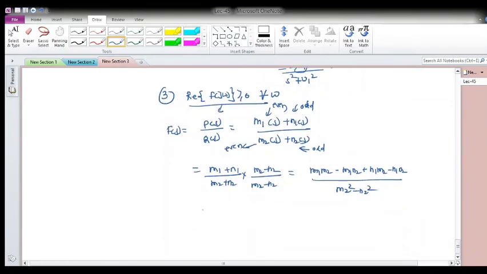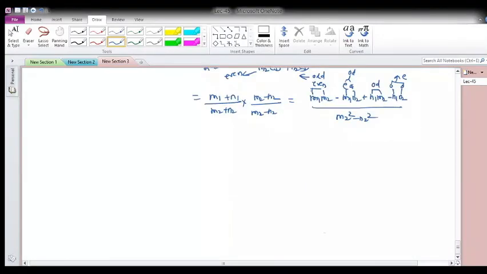Now look carefully at what m1 m2 will be. m1 is even, m2 is even, so if you multiply even with even, this will be even. m1 is even, n2 is odd, so the resultant is odd. n1 is odd, m2 is even, so this resultant is odd. Here n1 is odd, n2 is odd, and if you multiply, this will be even. Now I will take out the even and odd parts separately.